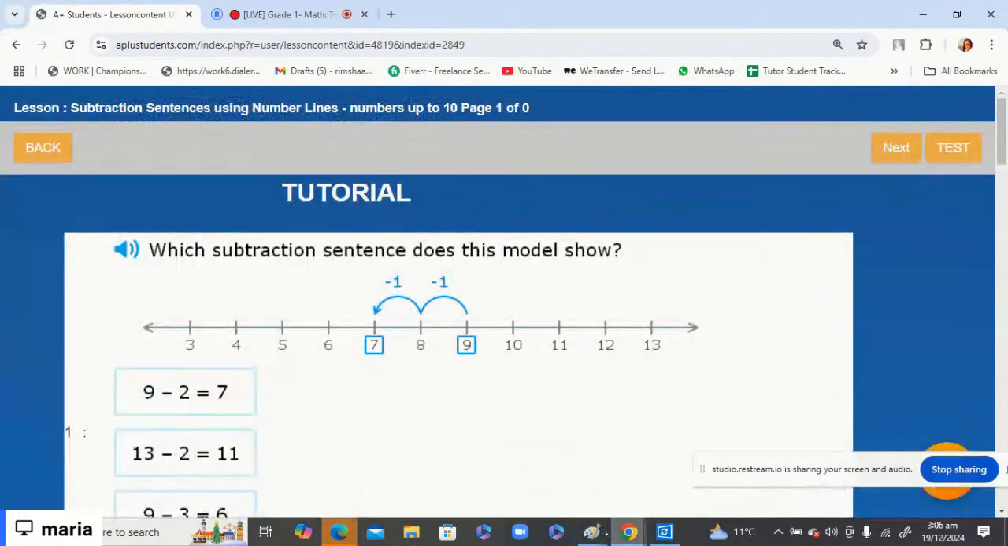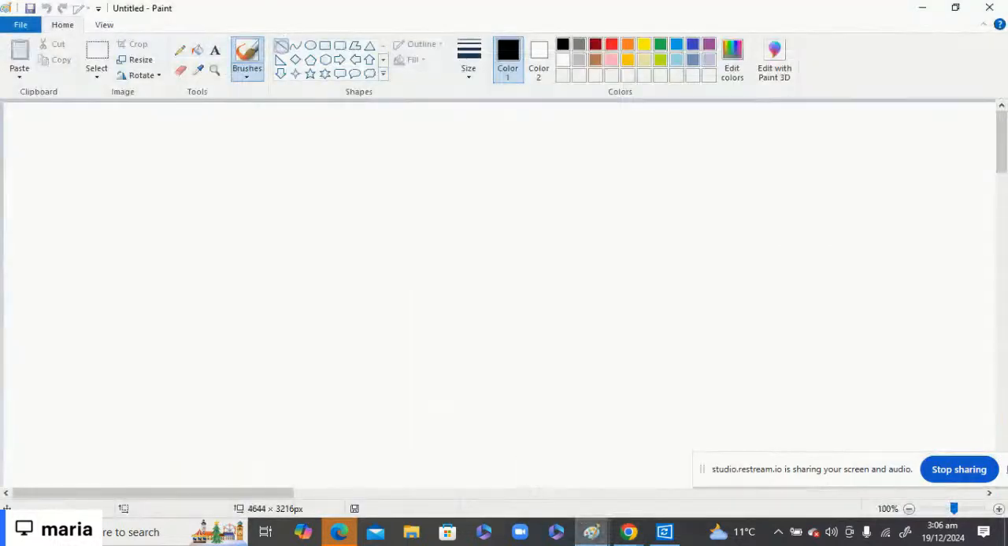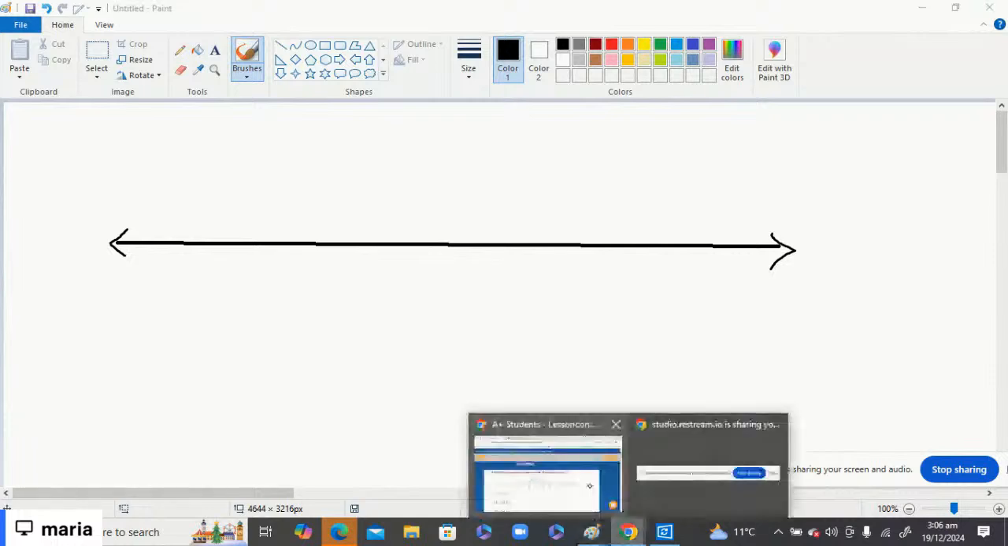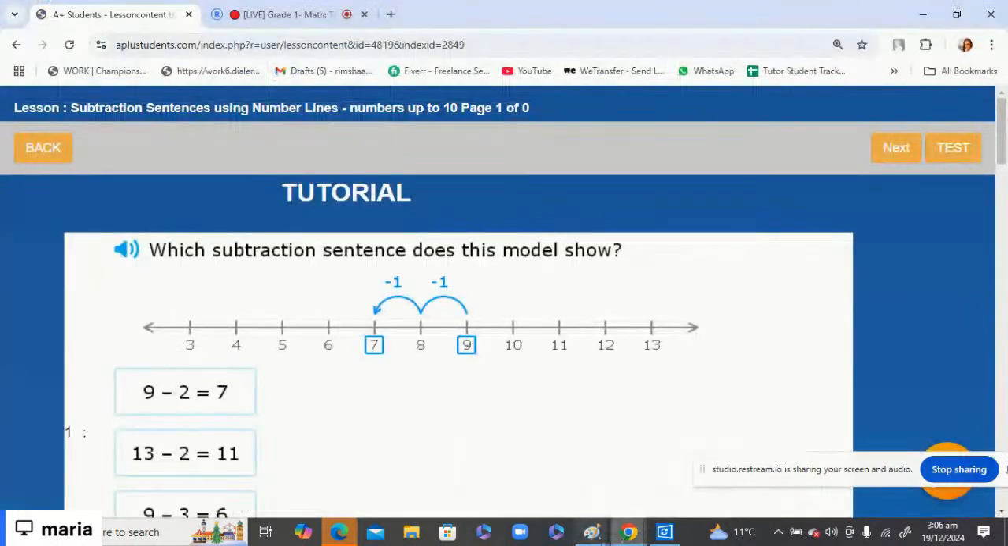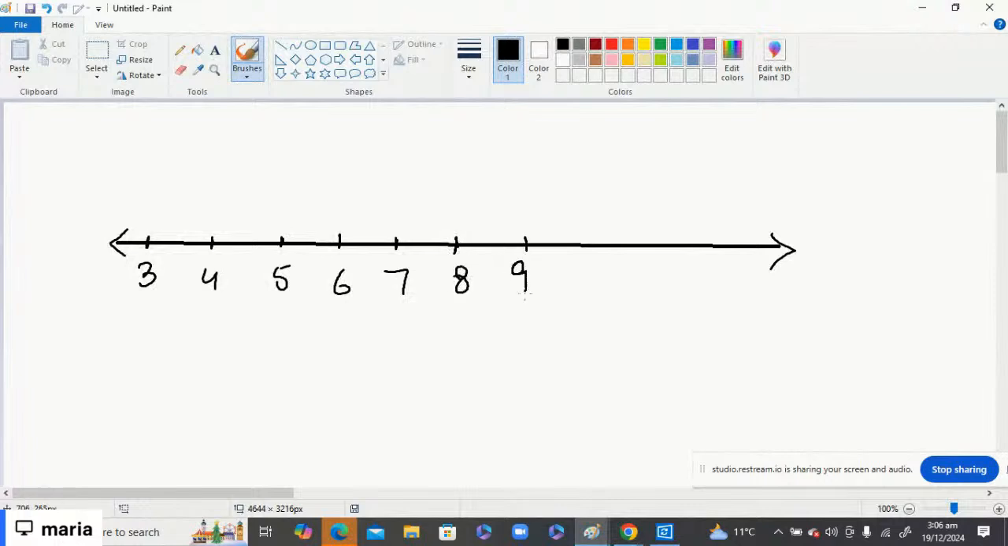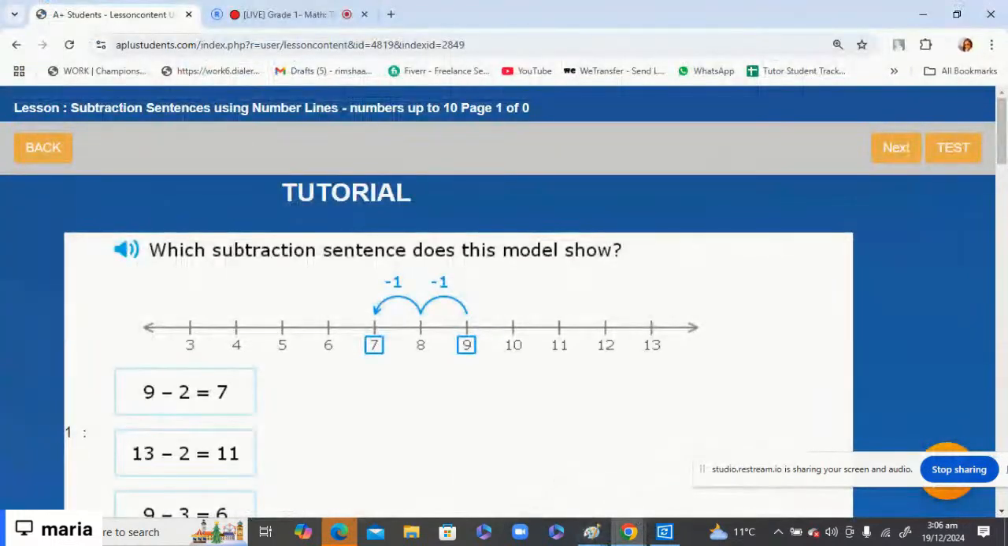So first of all, let me just write it here, the number line. Look at here, this is the number line, okay? Here is your number line. And when you put the digits over it this way, for example, when it starts from 3: 3, 4, 5, 6, 7, 8, 9, 10, 11 and 12. Okay, so now